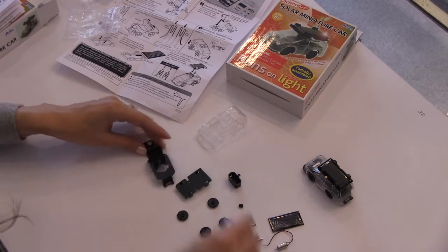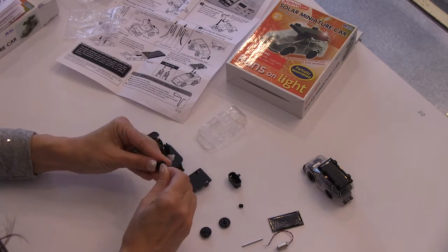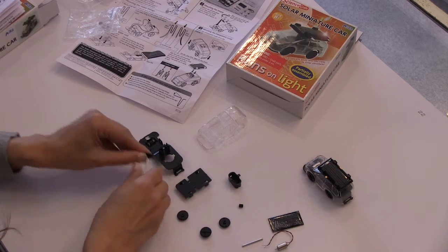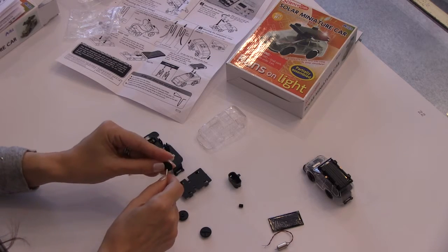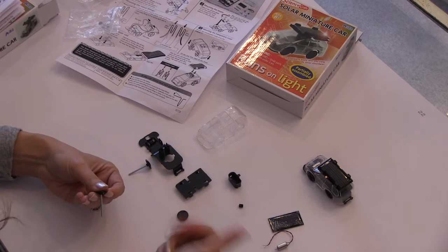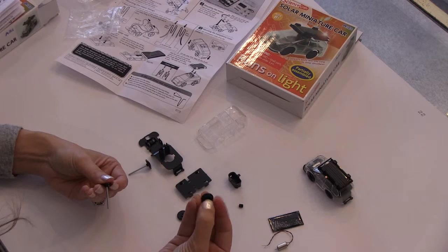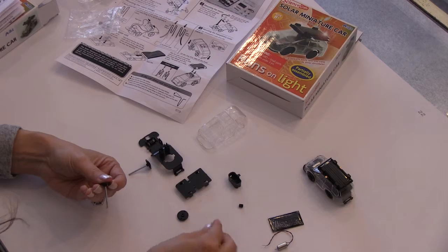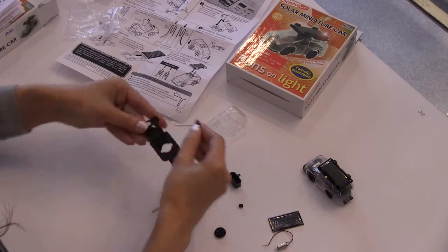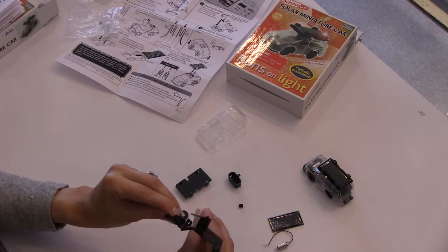So to begin, they want you to build the wheels. And the easiest thing I think to do is just attach a wheel to each of these little metal rods, just on one side. And you want to make sure that they're the wheels without the gear. There's a wheel that's a little bit different and it has a little notch where the gear will catch on the side, and that one has to go in a certain place to make everything work. So this one can go in the front through these front holes,